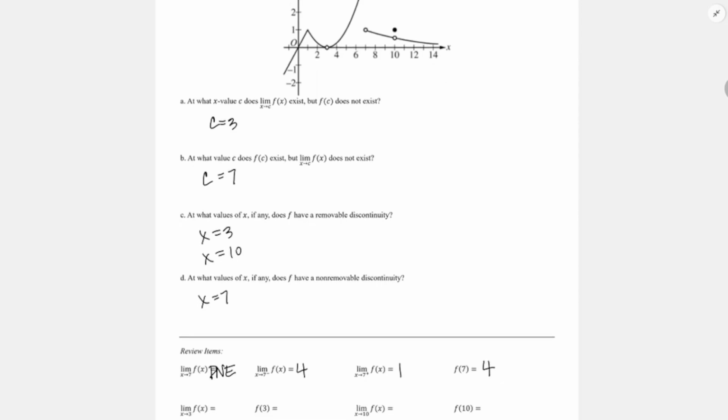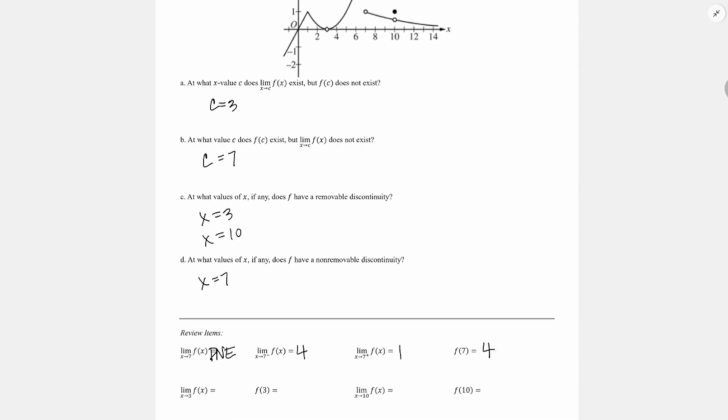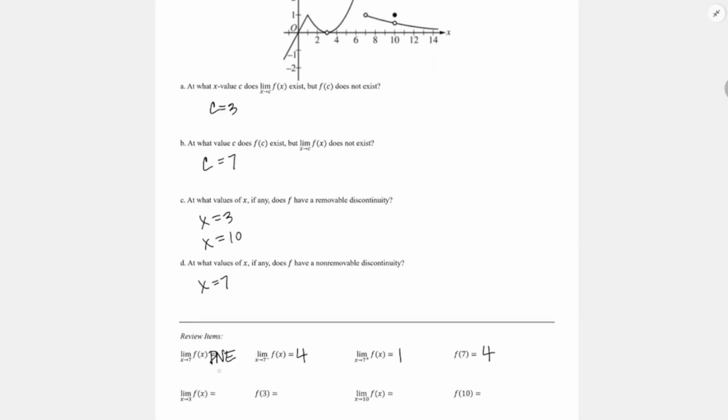The limit as x approaches 3 of f of x, from either side, it's getting close to the x-axis. That would mean that the limit is 0. f of 3 does not exist. It's undefined. As x approaches 10,